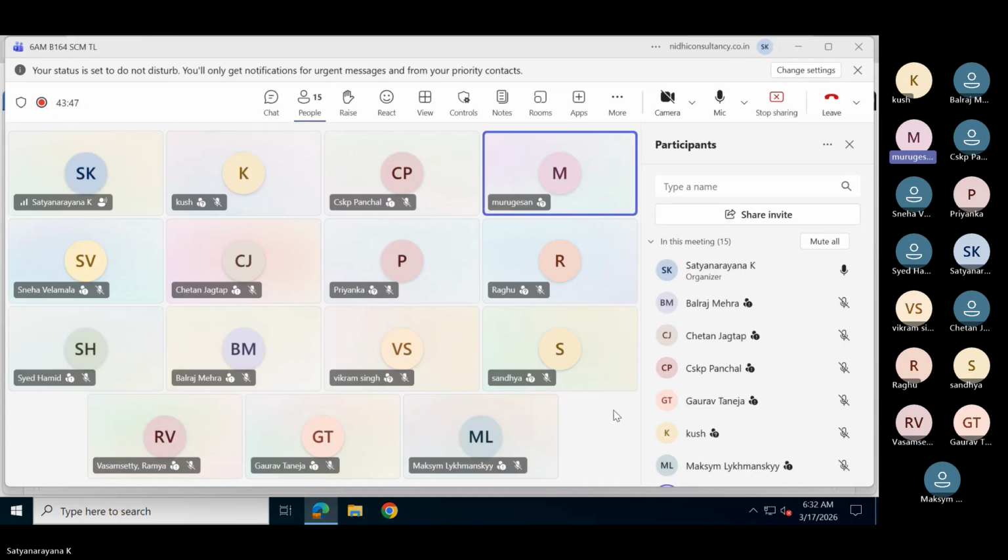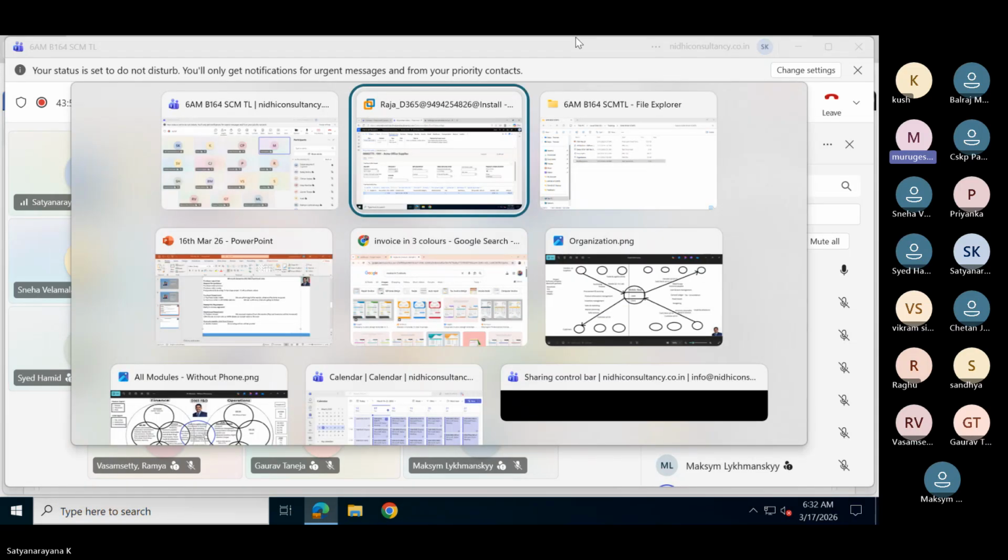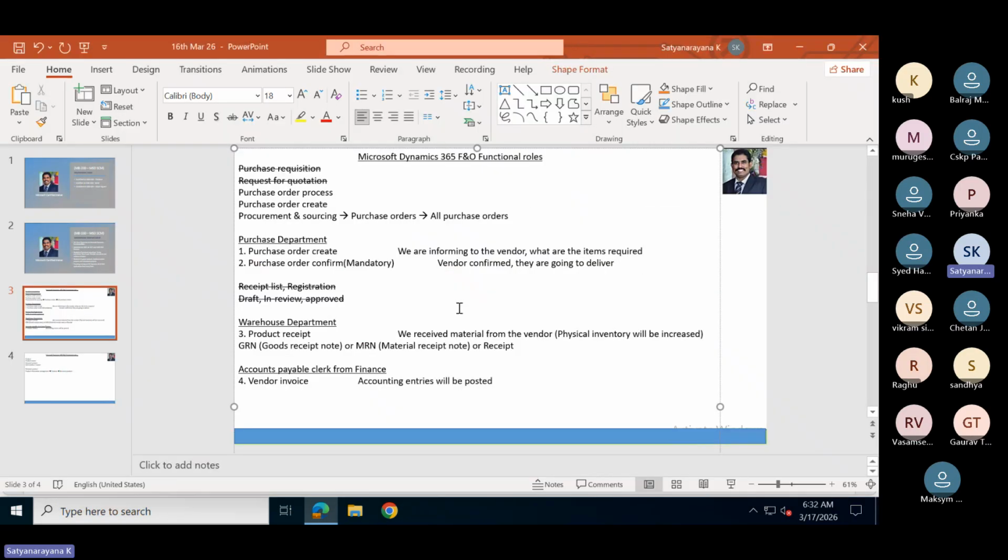Our next point is the PO release strategy. Header level or line item level? Which is the best practice you normally use here? Okay, the release point means you are talking about PO workflow, like a PO release: if it is 1 lakh, two approvals should go, say the procurement head and finance. Yes, that is workflow, and it will be covered as part of workflow.